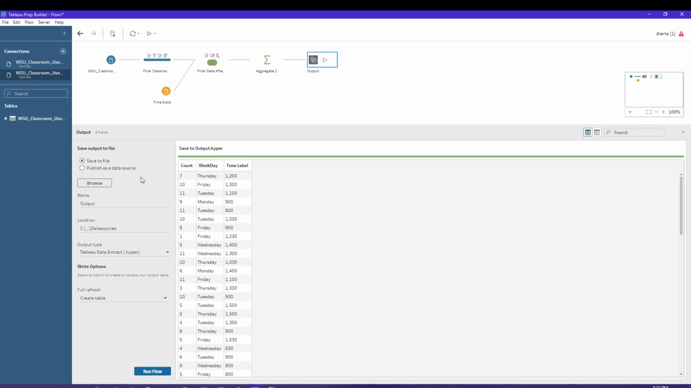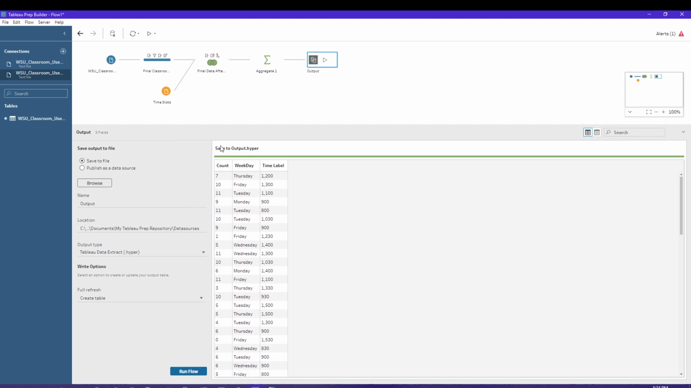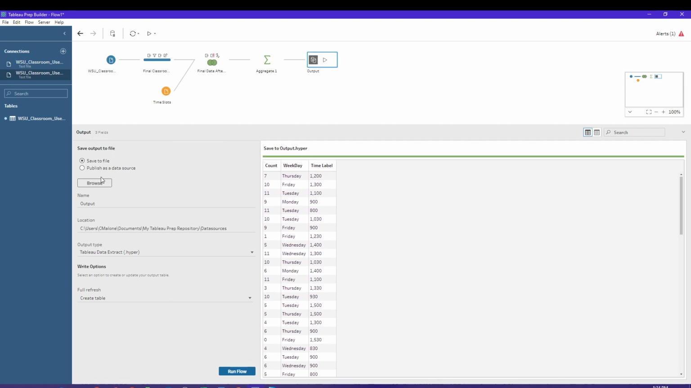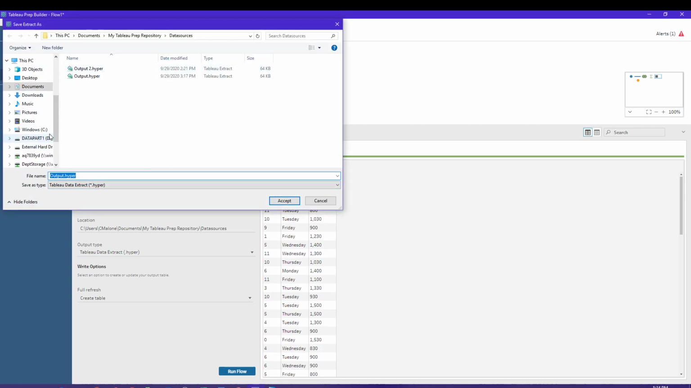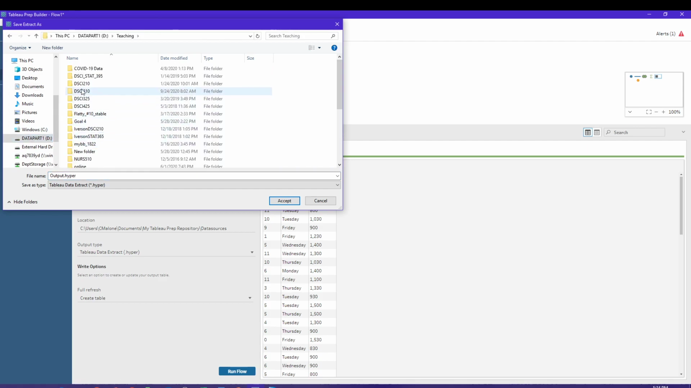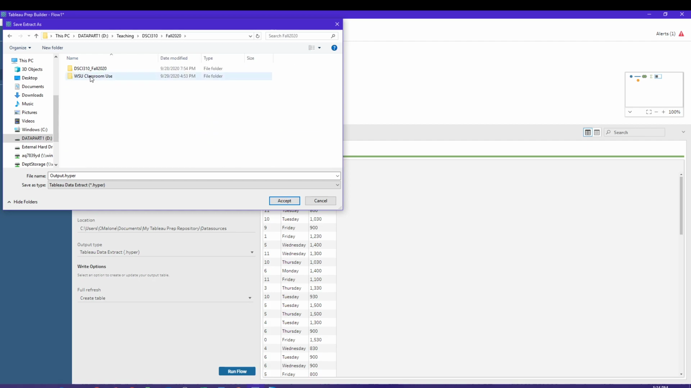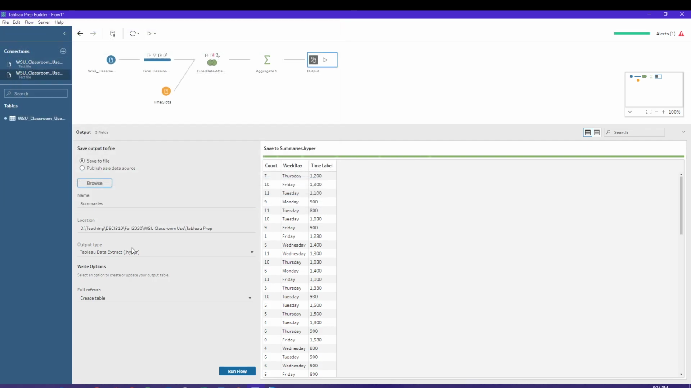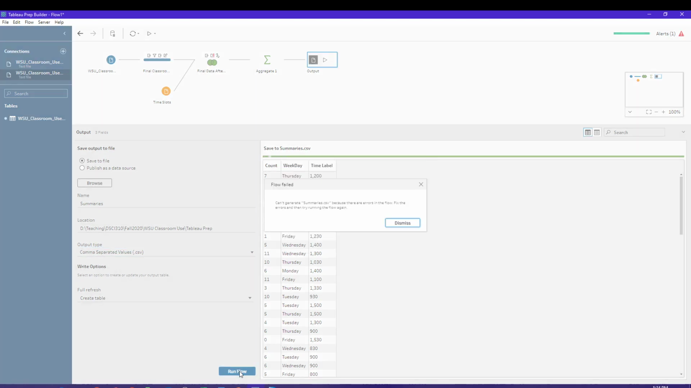Okay. And it's going to ask me some things down here in the save output or the output pane here. I want to save it to a file. I want to make sure and push it over into the folder that I want it in. So let's go ahead and do that quick. DSI 310 this year, Classroom Use, Tableau. It's going to be called Summaries maybe. I want to save this as a CSV file. And now when I run that,